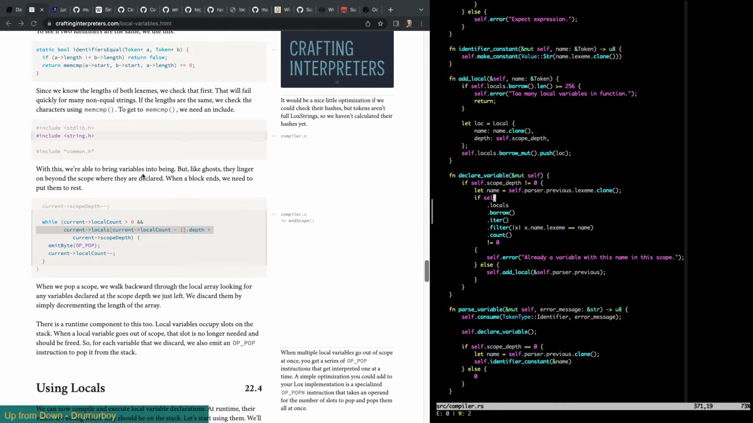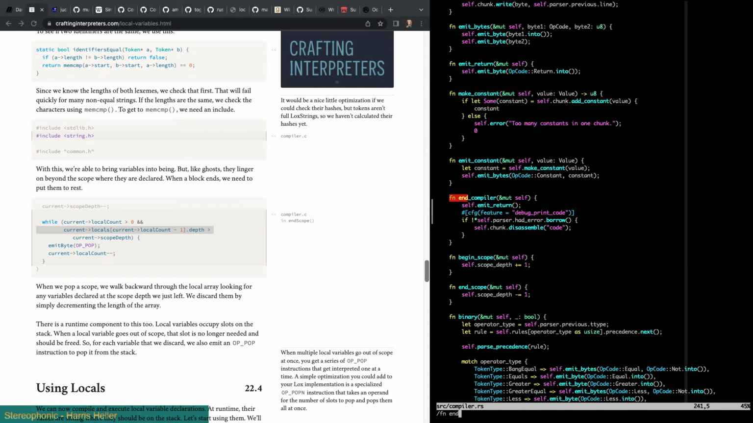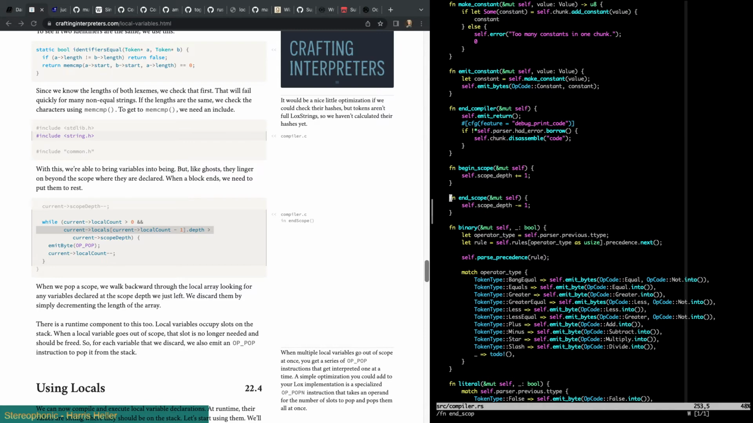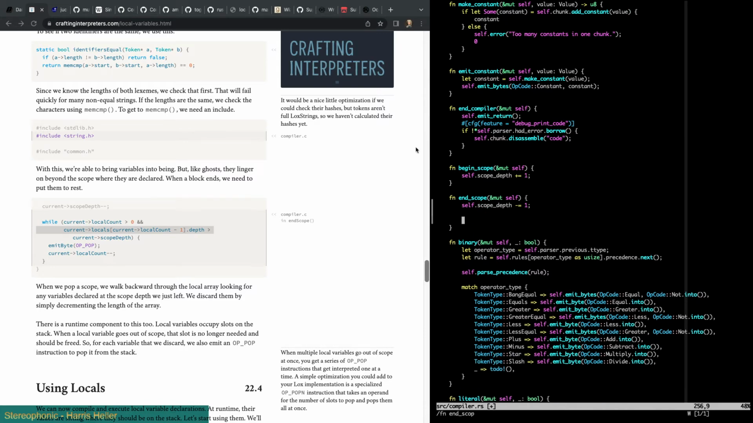With this, we're able to bring variables into being, but like ghosts, they linger on beyond the scope where they are declared. When a block ends, we need to put them to rest. So in end scope, after we subtract one from the depth, we need to pop all of them. While self.locals.borrow.len is greater than 0,